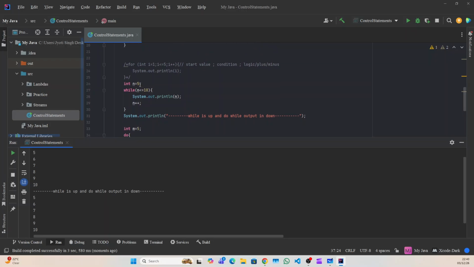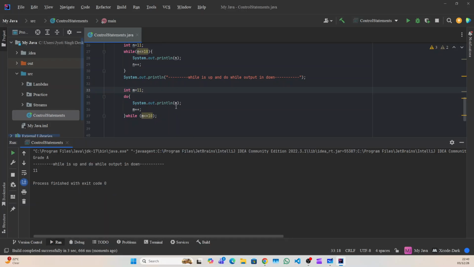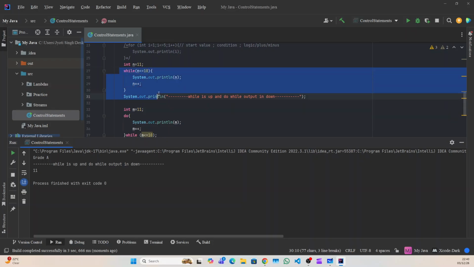Now if I give here 11 and I give here 11, if you execute this now, you will see we don't have any output for this because the condition is not satisfied, and while is